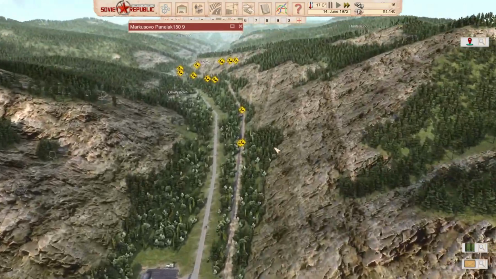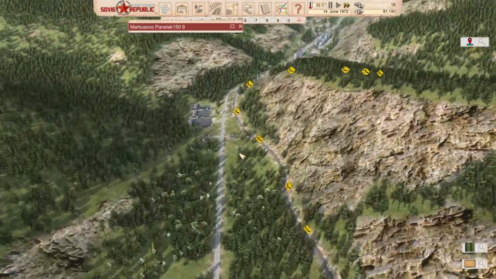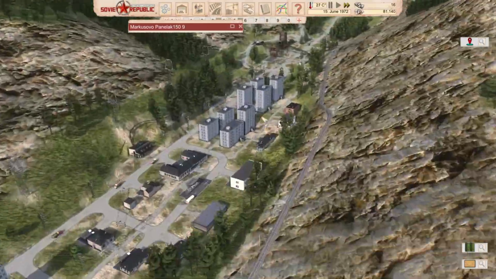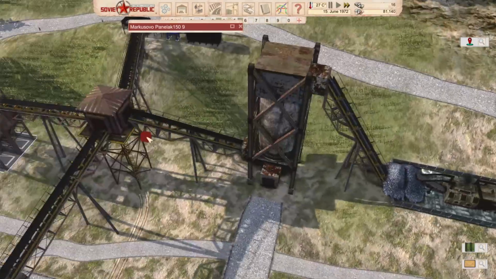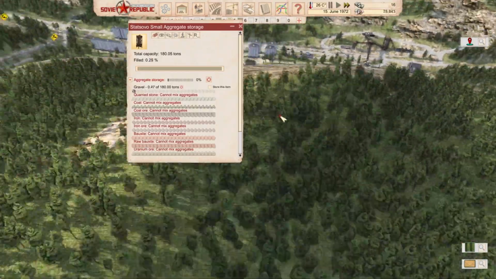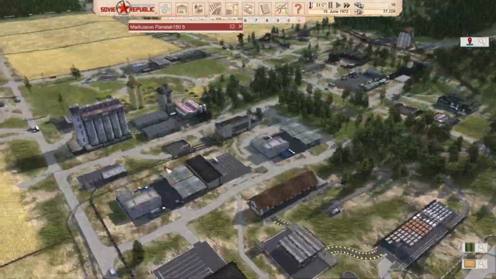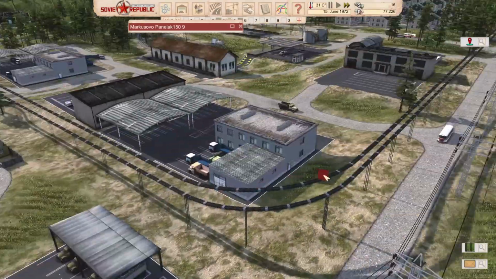For example, I can get a couple of dumper trucks, especially the ones that are not being used, and then deliver gravel from there to this storage facility. They have truck access here, and yeah, let's do that. I'm gonna go like this. I'm gonna go and get some dumper trucks. Obviously, dumper trucks are not going to be something...